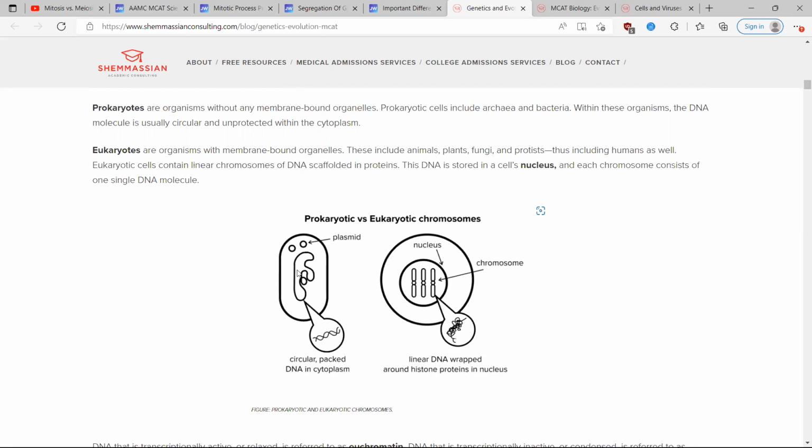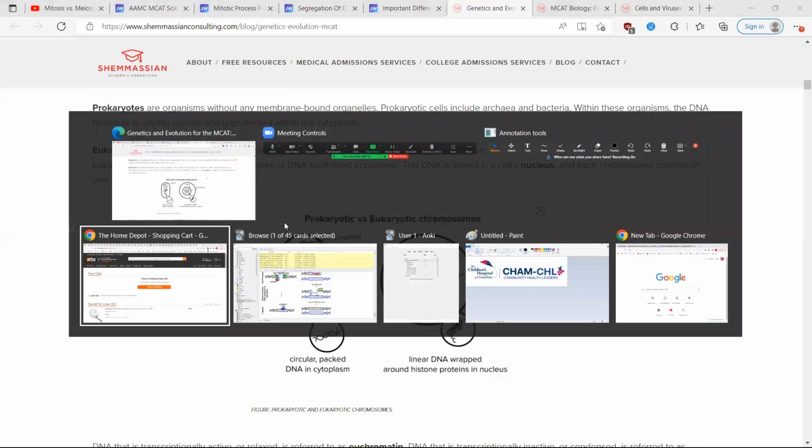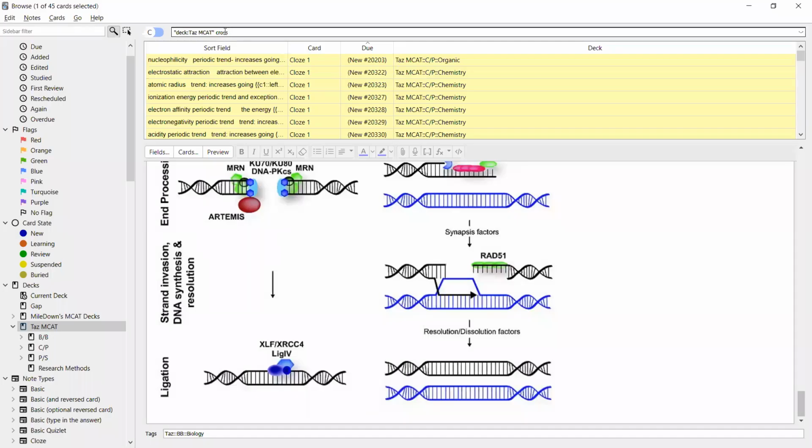So already we have a big difference in the organization. The other thing you'll notice is that here it is just circular like this, whereas here we have chromosomes. And we talked a little about the histones and the wrapping. So let me just show you, to jog your memory,